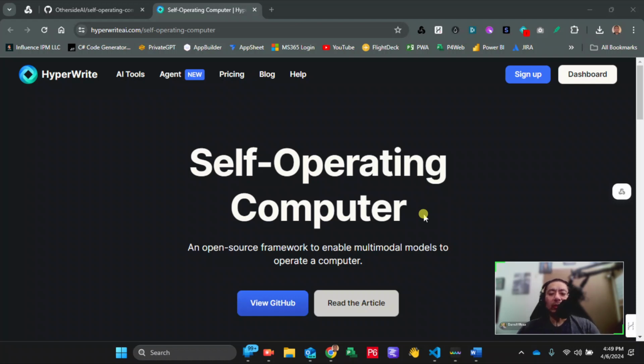And why I wanted to bring this up is because we got the first or second shipment coming out from Rabbit R1. And then OS 1.2 is being shipped out, and you can actually purchase it online. But the self-operating computer was